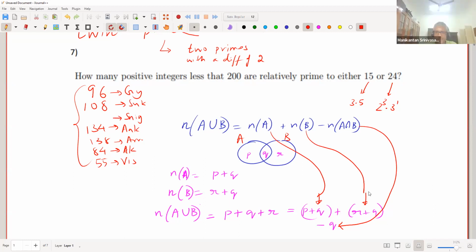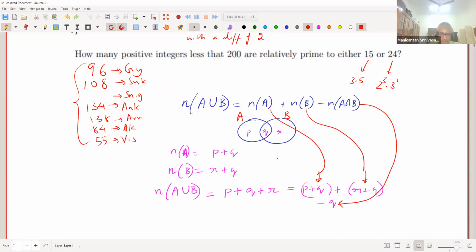Yeah. So this is the number of elements in A union B. Now we can extend this either to 15 or 24. In fact, we don't even need to extend. We can apply this as it is. So the number of elements that are relatively prime. So we can just apply the same logic to this problem, right? So the number of elements relatively